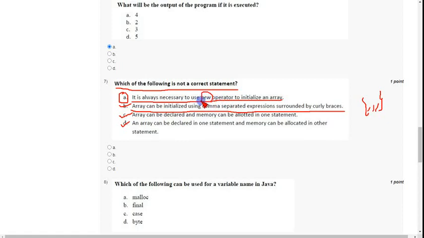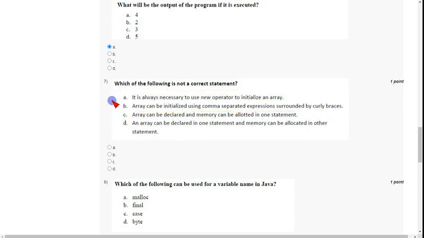There are other methods also to initialize an array without using the new operator. They have given it is always necessary. So it is not always necessary to use new operator. So the correct answer for seventh question is option A. So mark option A as correct answer for seventh question.